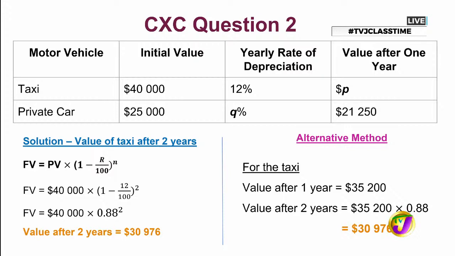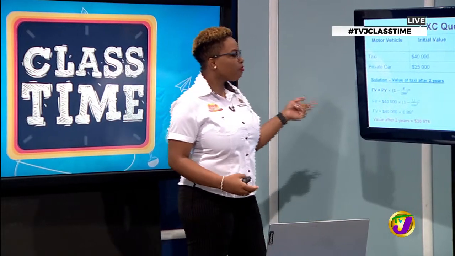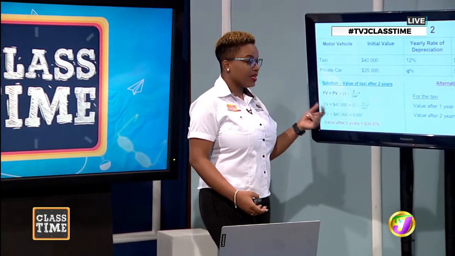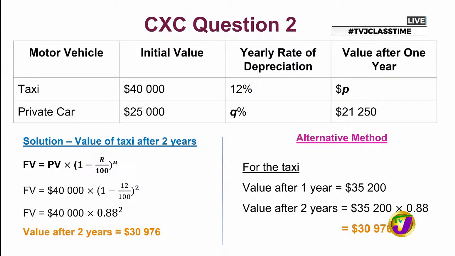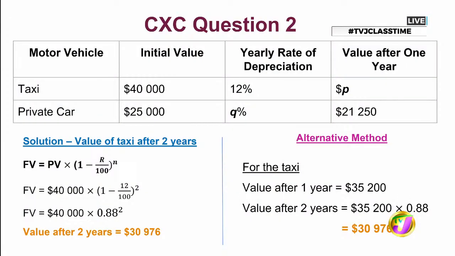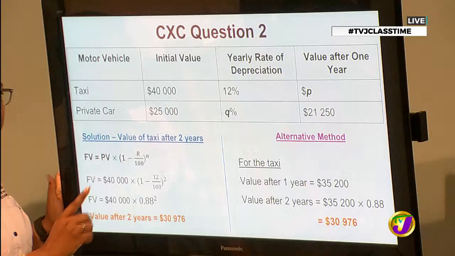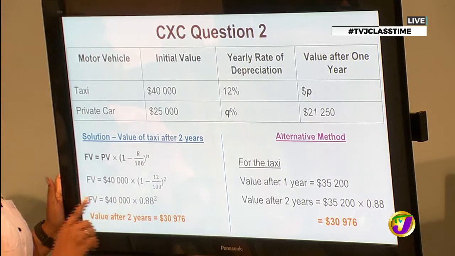But I just want to point out quickly though, Karima, if you just glance at the screen, you are seeing two values being multiplied by 0.88. And you might be wondering to yourself, how do they get the same answer when you're multiplying 40,000 by 0.88 and you're multiplying... Hold up. Talk about that, yes. I would just like to point out that there is an index here and it's actually 0.88 squared. That's right. Just want to zoom that in just in case for a minute you were glancing and you did not see the square there, okay?